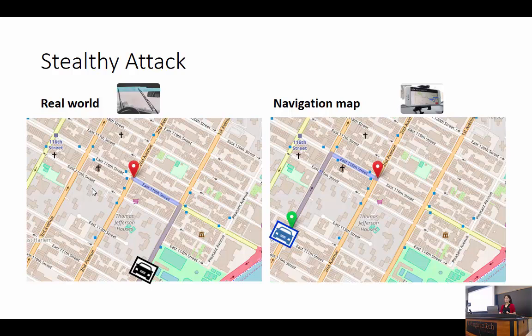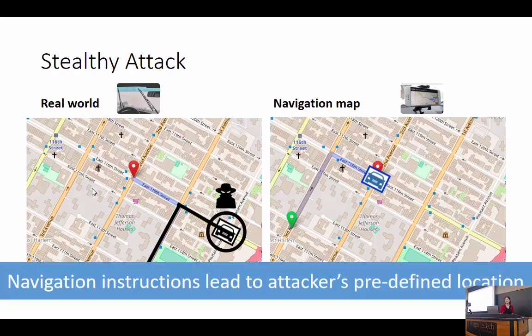The user, under the navigation system's instructions, drives his car, and then the navigation system tells him to turn right, and the user follows the instructions, and then he reaches a location here, which is different from his original destination. Why this time it works is because